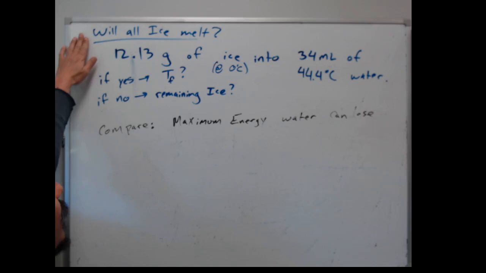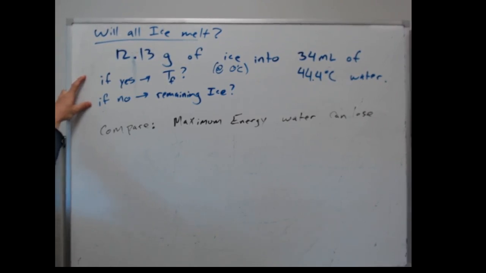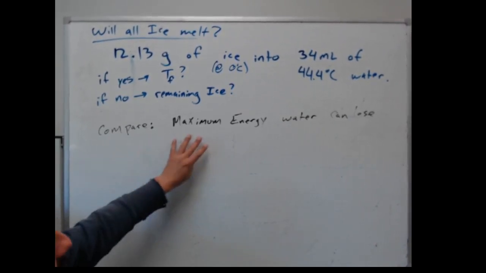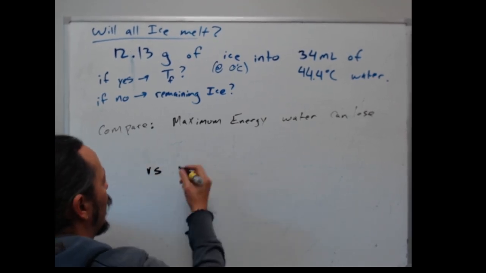We're looking at will all of this ice melt. It's difficult because we've got two different categories of what could be going on. So unlike our earlier problems in 125 or 128, it's not just a plug and chug. We have to do some logical thinking beforehand. And so the thing we want to compare is the maximum energy the water can lose versus